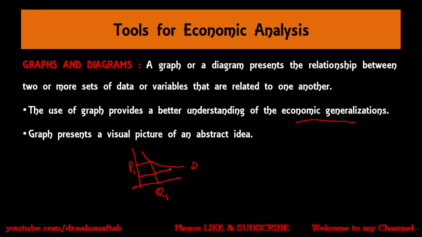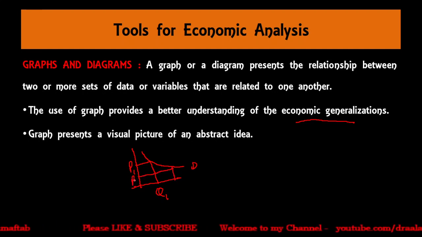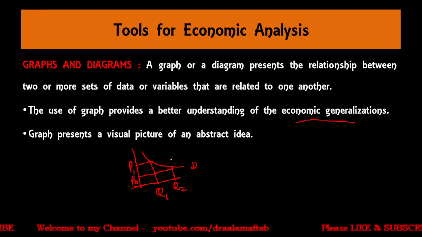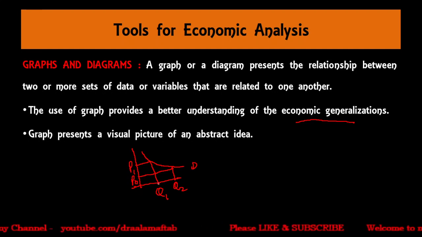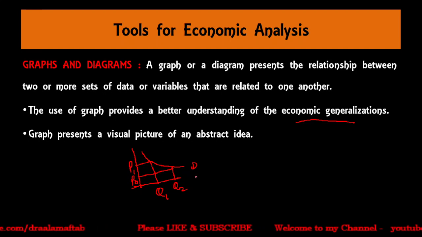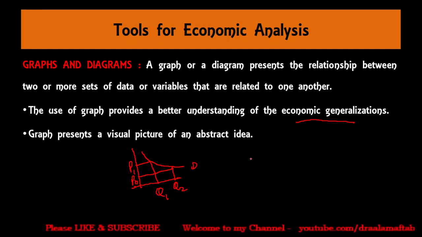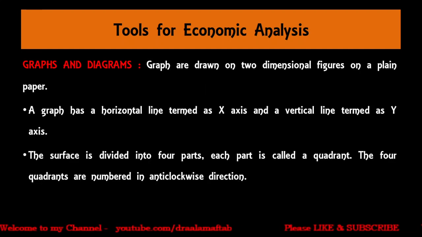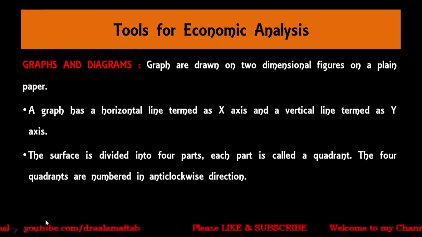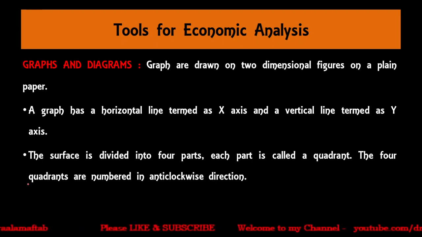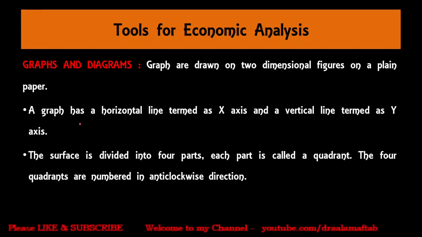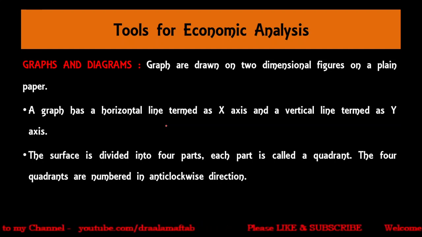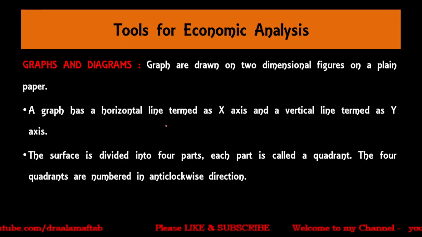So when price goes down, say to P0, quantity increases to Q2, like this. You see, we can show the law of demand in this graphical form, right? So the economic generalization can be shown with the help of graphs. Moving on to the graph, usually they are drawn on plain paper or graph paper, and in a graph you have a horizontal line which is called the x-axis and a vertical line which is termed the y-axis,